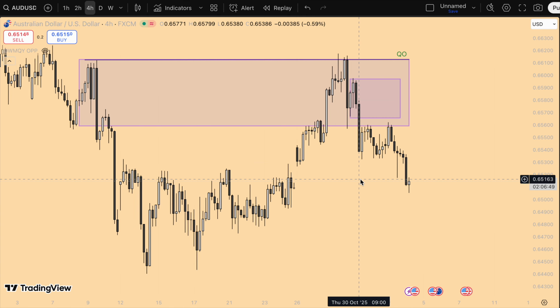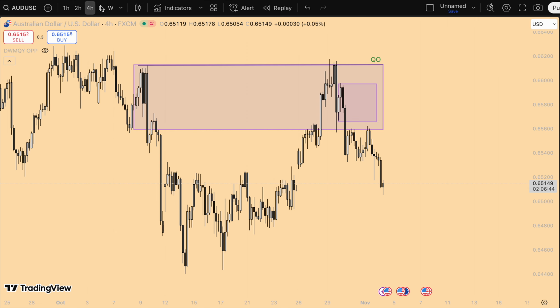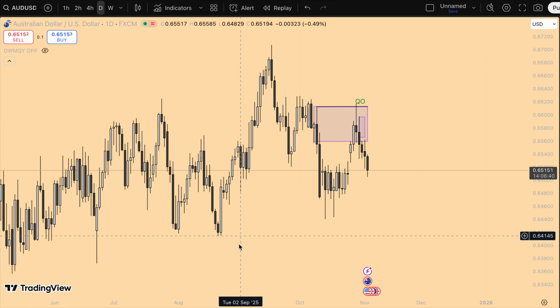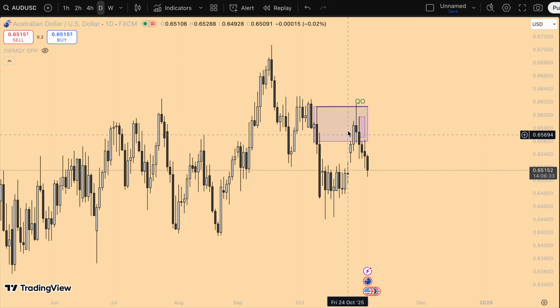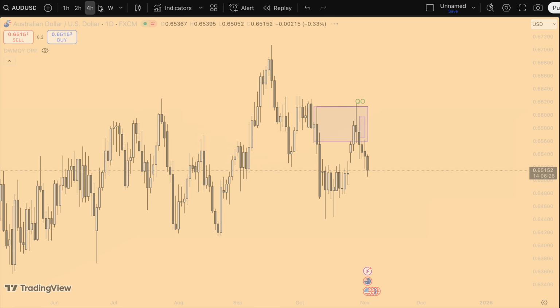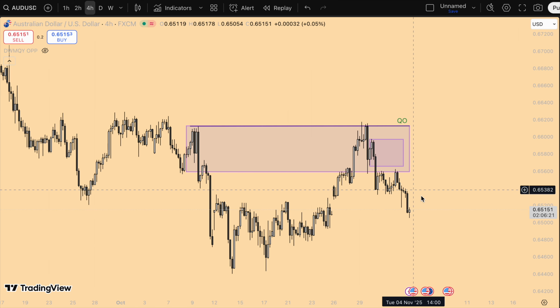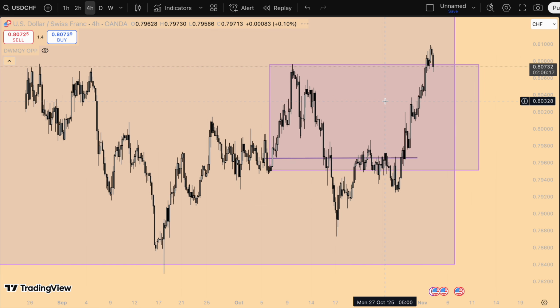So with AU, at the moment I'm still not sold on this pair, and as I've been discussing, you can see these are swing lows and swing highs. Now we're just retracing into discount prices, and this is perhaps just a retracement for another bullish leg. So let's keep that in mind and watch. This would be a position that you can hedge against dollar longs, right?